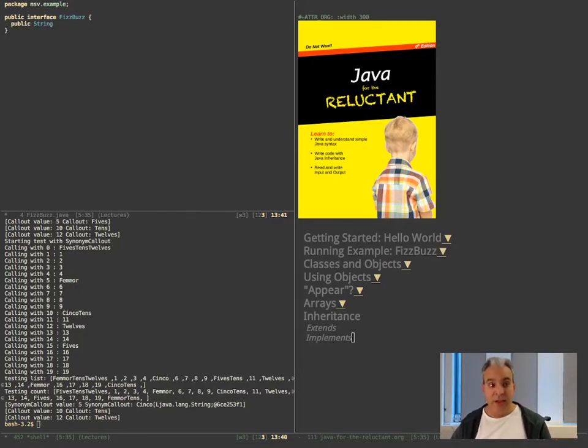And the interface for a FizzBuzz is to have a callNum method, it should have a list method,